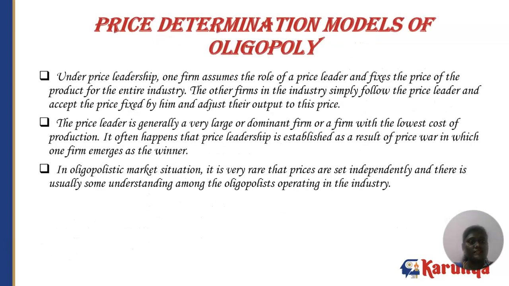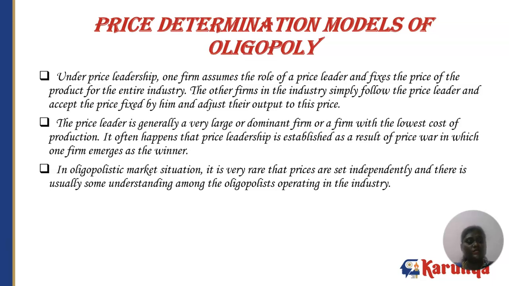Now the second model in oligopoly is price leadership. Under price leadership, one firm assumes the role of price leader and fixes the price of the product for the entire industry, and the other firms simply follow the price leader. The price leader is generally a very large or dominant firm, or a firm with the lowest cost of production. It often happens that price leadership is established as a result of a price war in which one firm